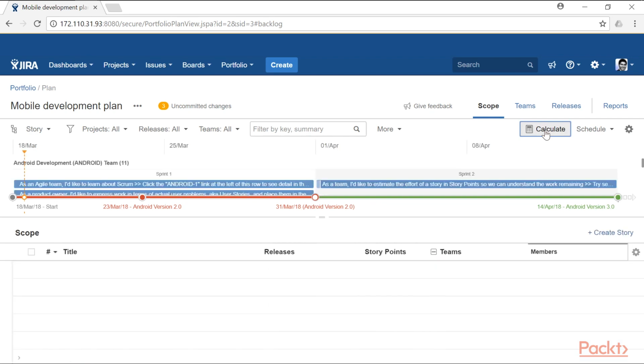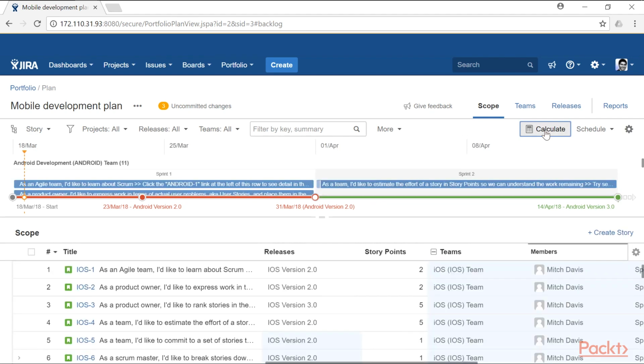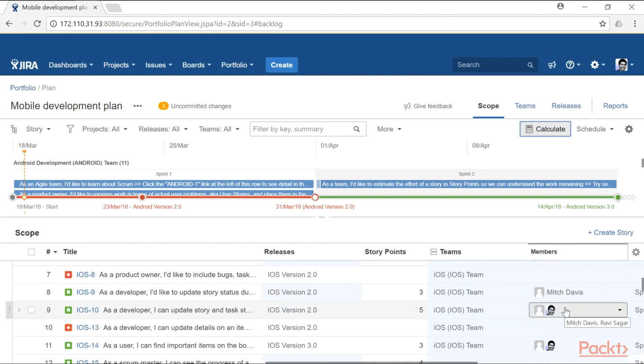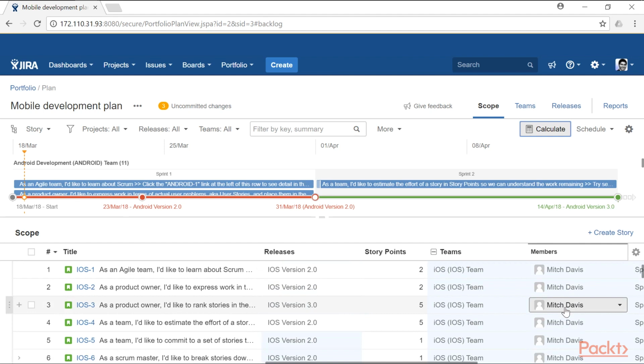the calculation based on the number of stories, based on their individual estimate, and based on the availability of the resources. So if you notice here right now, we can see that based on the current information, portfolio is helping us with the plan. So it has already assigned the stories to individual members, and it has also taken a look at their individual capacity. So it is really an amazing way where you can actually ask portfolio a question and portfolio will actually assist